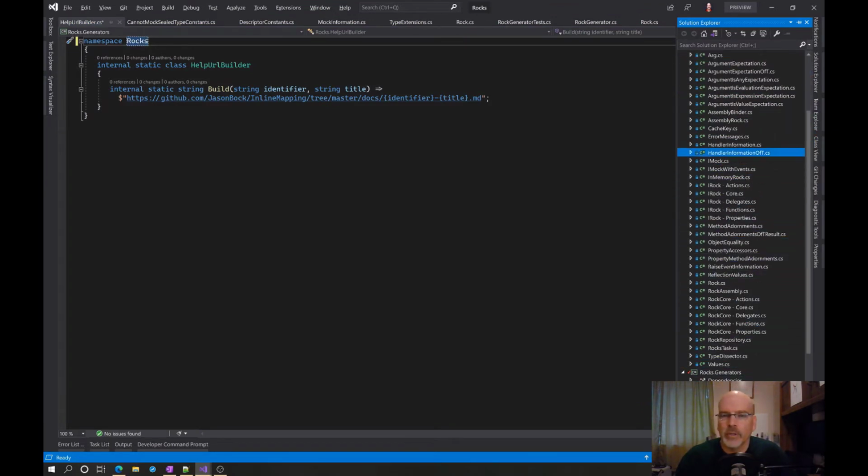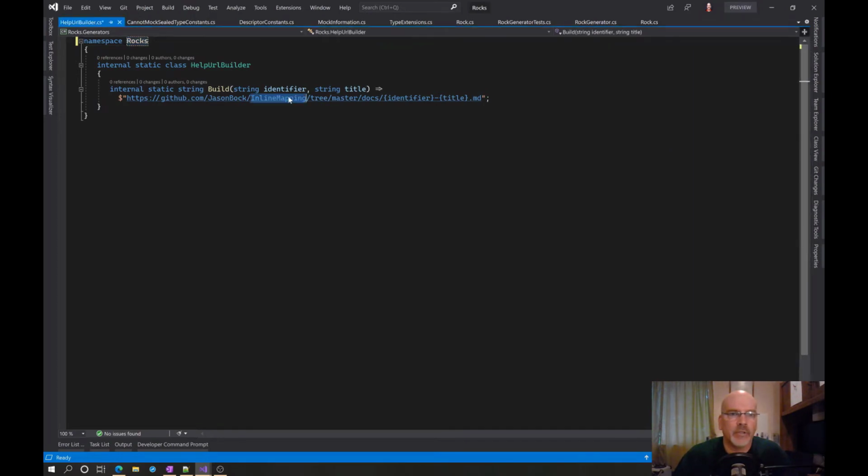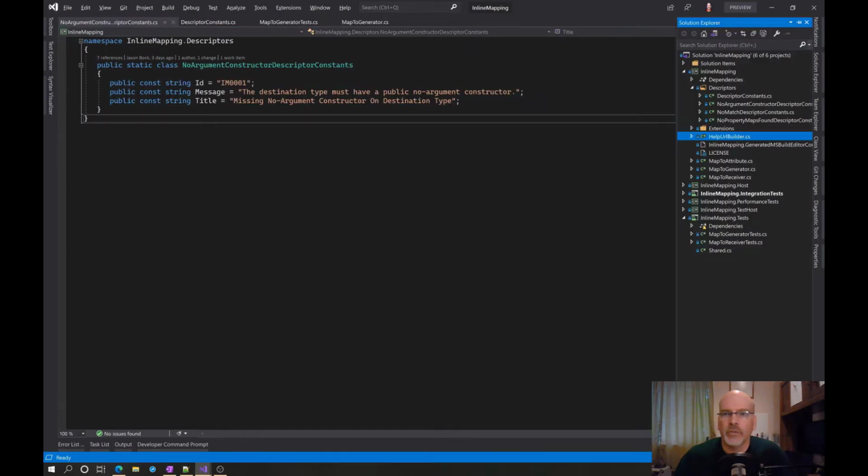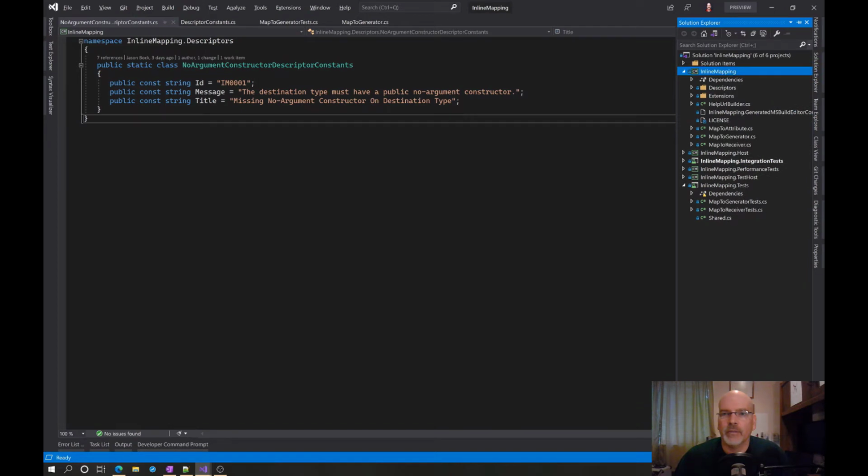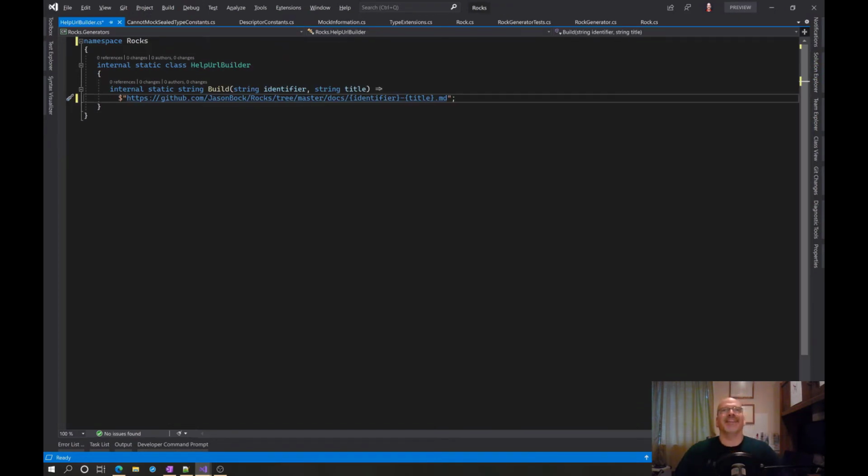I don't. Did I never create diagnostics? Really? That's kind of surprising. I would have thought, well, you can't because it all happens at runtime. So yeah, you couldn't create diagnostics from that. All right. So we're going to have here Rocks and a tree of a doc identifier title MD. So what does that mean? Well, shoot, that means that I need to, oh, I don't want to do that because I already have the,